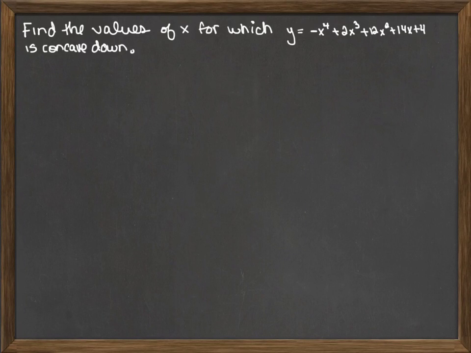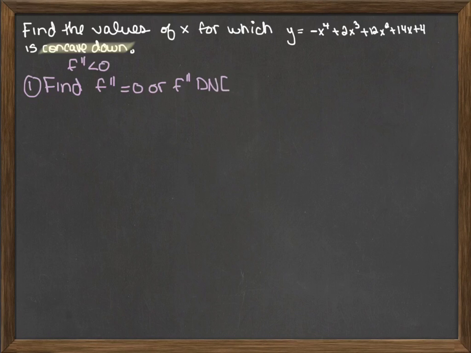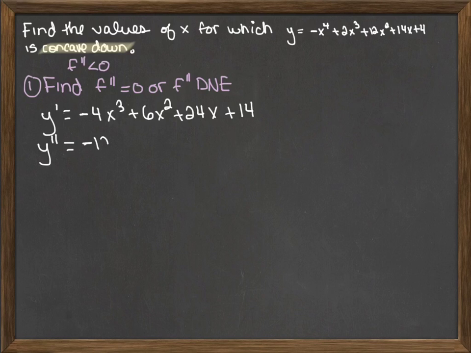Okay, so to find the values of x for which y is concave down, we have to find where the second derivative is less than 0. So the first thing we need to do is find where the second derivative is equal to 0 or the second derivative does not exist. So we're going to go ahead and find the second derivative. If we find the first derivative first, then we find the second derivative,